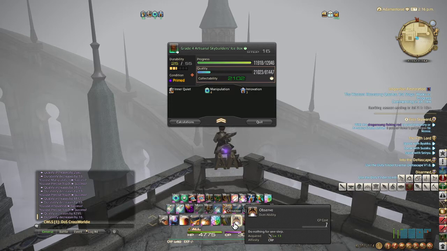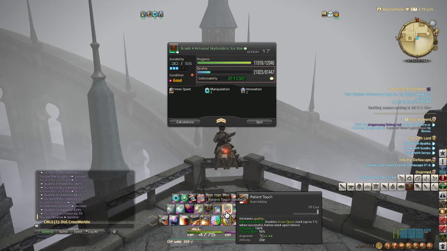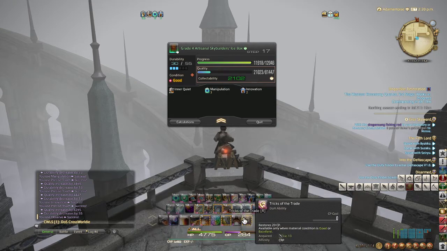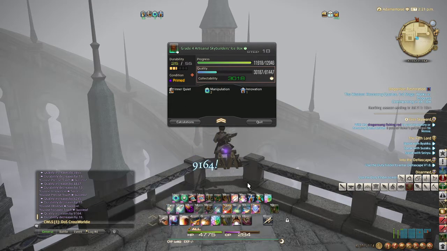So in order to build quality here, I'm going to use observe and normally focus touch, and I'll try to do this as often as possible to build quality. If there's a good proc right after this, of course you just use precise touch. So we're primed again. At this point, I am going to refresh innovation